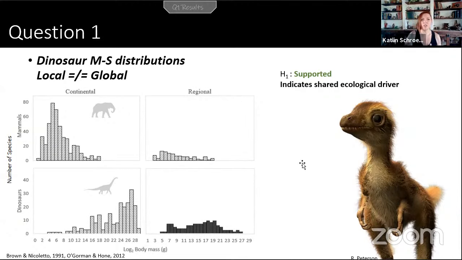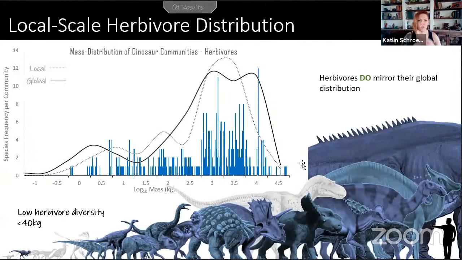So if we take a closer look at the community level distributions, let's look at the herbivores first, right? We see that they retain a lot of that strong left skew. So the community distribution looks quite a bit like the global distribution. Mathematically, we find that they don't actually diverge very significantly at all. So we can see in the combined likelihood line that the 100 to 3,000 kilogram bins are being filled with regularity. Those large mass bins are being filled quite commonly. Relative high diversity is maintained even down into the 100 kilogram bins.